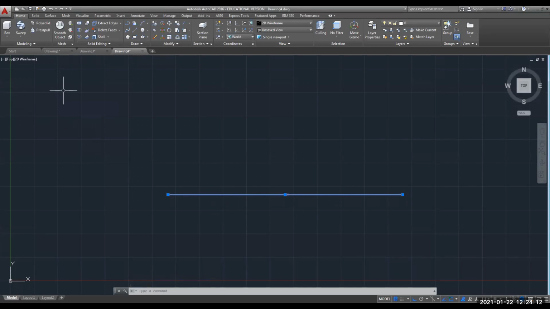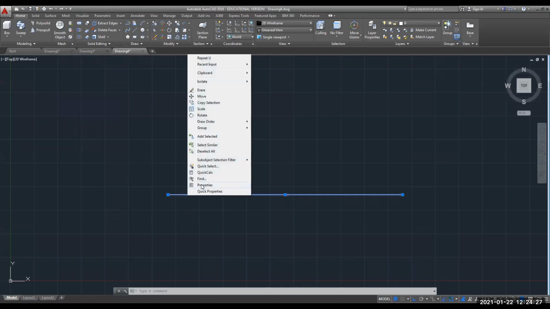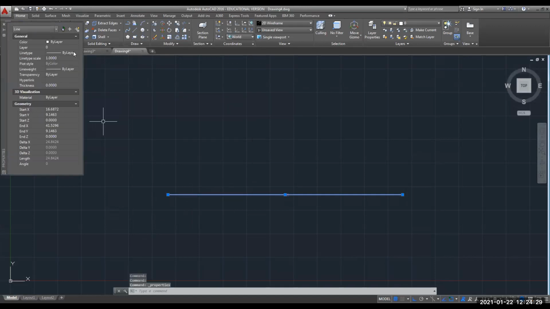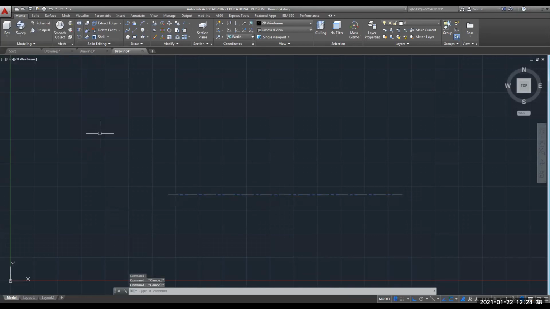Due to some network issues, my voice was disconnected. Okay, so I have loaded the different types of lines using the linetype command. Now select this line, right click, properties, and from here change the line type to center. Now close it. Now you can see this is your center line that we will use as an axis.